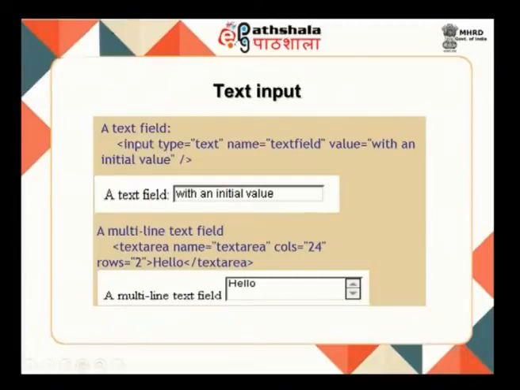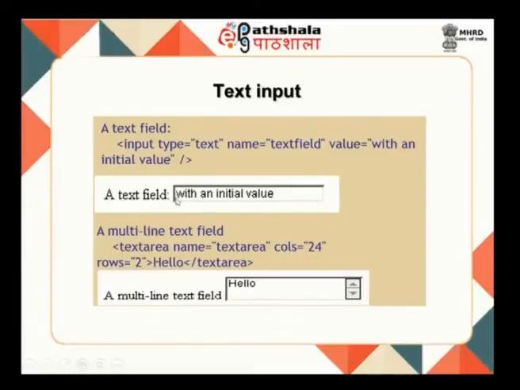Now, you can see here how to create a text field. We use the input tag and the type is given as text, which means that you are creating a text field. As I told you, there are other attributes like name, ID, value, and so on. For every form element you create, it is advisable to have the name attribute, so that you can refer to it later if you want to process your form data. So, use the attribute name and give a name for your form element, and value with an initial value, which would normally be displayed in the text field.